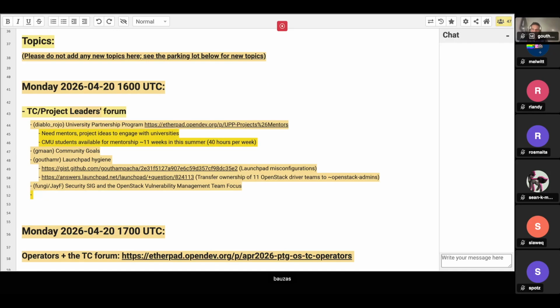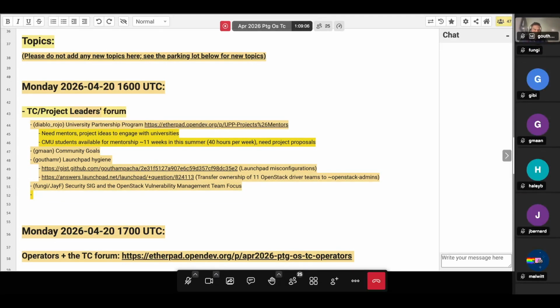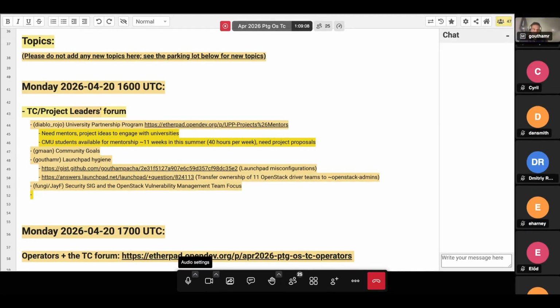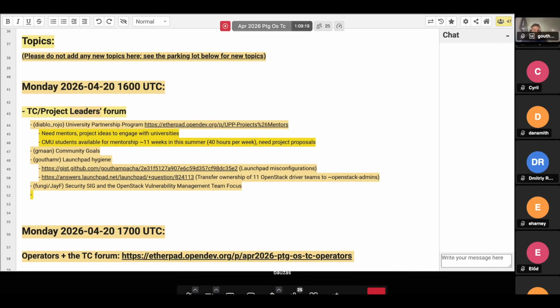I'm trying to see, is Steven on the call? Because I know he's worked with them before. Gotham, I'm not sure if you've worked with Carnegie Mellon before. I think so. Yeah. Okay. It's a good crop of students. And I know last summer the students weren't as rigorously held to the 40 hours per week, but that is going to be renewed. So that is a requirement for students. So you will get lots of time with them, basically.